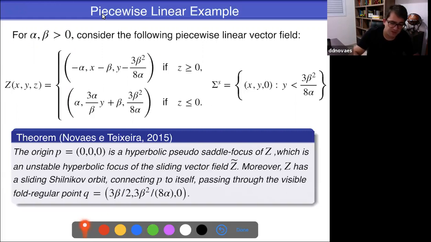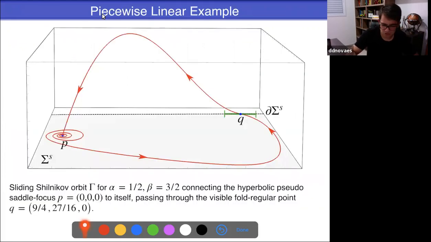And we proved that for this system, whenever alpha and beta are positive, the origin is always a hyperbolic pseudo-focus of Z, which is an unstable hyperbolic focus of the sliding vector field Z tilde. Moreover, Z has a sliding Shilnikov orbit connecting P, which is the origin, to itself, passing through the visible fold regular point. So we prove that for any alpha and beta positive, this piecewise linear system has a sliding Shilnikov connection. To see that, I show a simulation